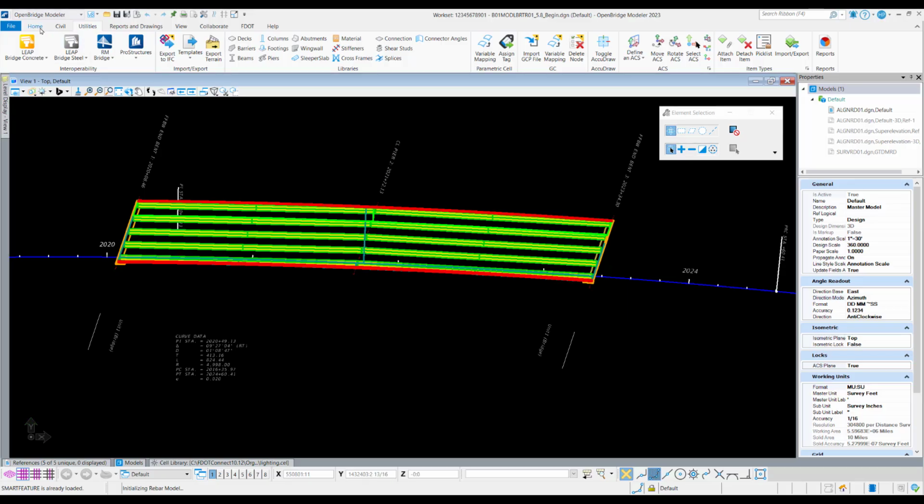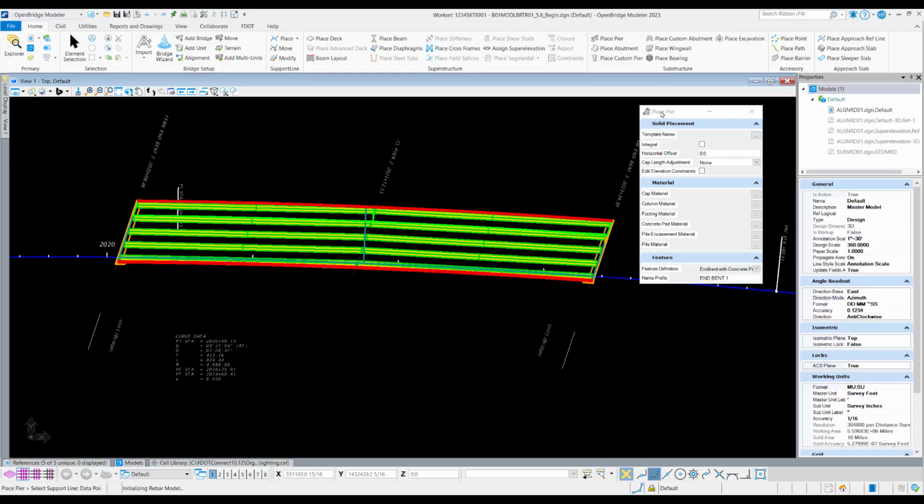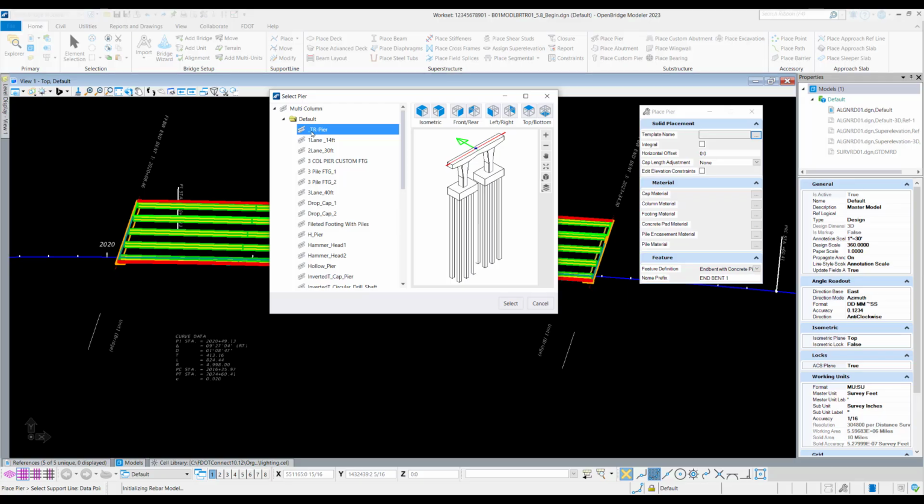To do that, we'll go into the Home tab within the Open Bridge Modeler workflow, and within the substructure group, we'll click Place Pier. In the Place Pier window, we'll first select our template. We'll click the three dots or the ellipsis, and then we'll select the pier template that we created in exercise 5.3. We'll select _TR-pier, and you can see in the view window that this is our template that we want to select. We'll click Select,